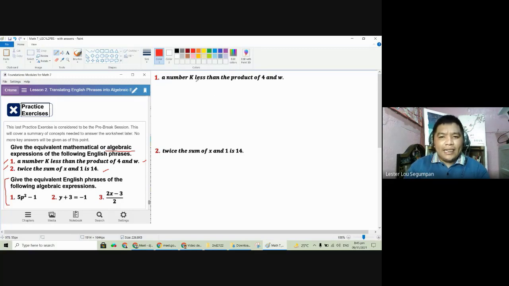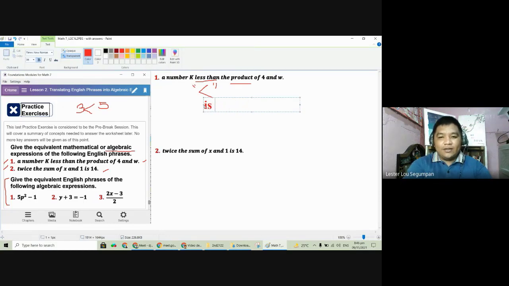A number less than the product of 4 and W. We have two sets of keywords here that actually pertain to an operation. When you say less than, do you see this notation? In our elementary years, we have learned that that is the less than symbol. Let's say 3 less than 5, right? But actually, it's not less than. This symbol is actually the symbol for